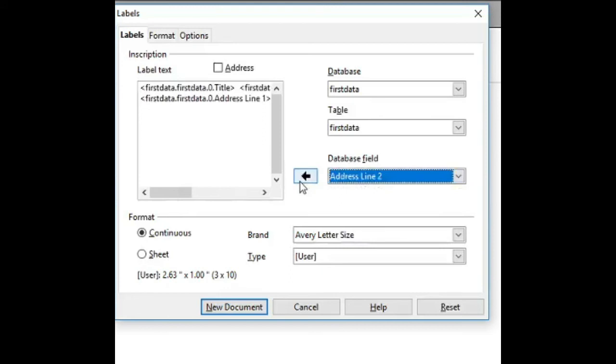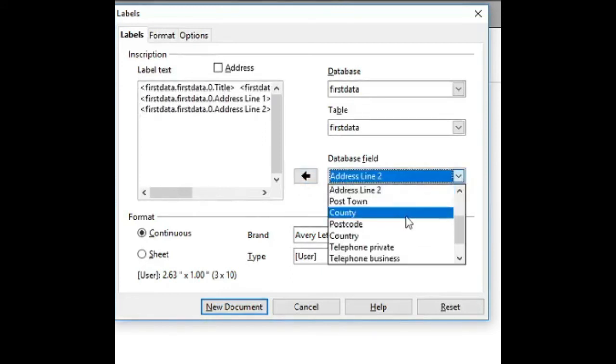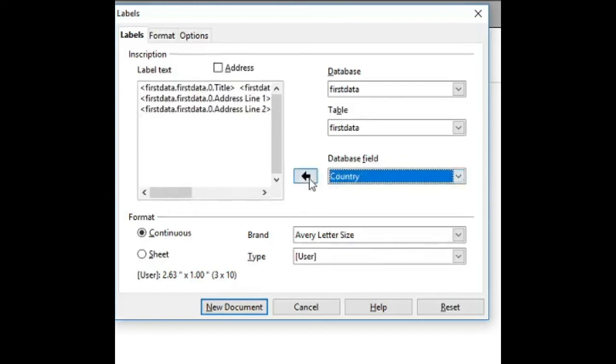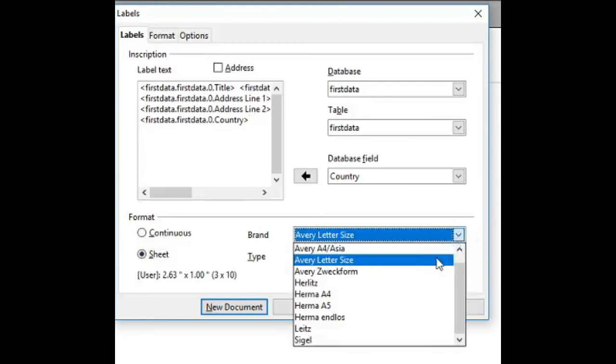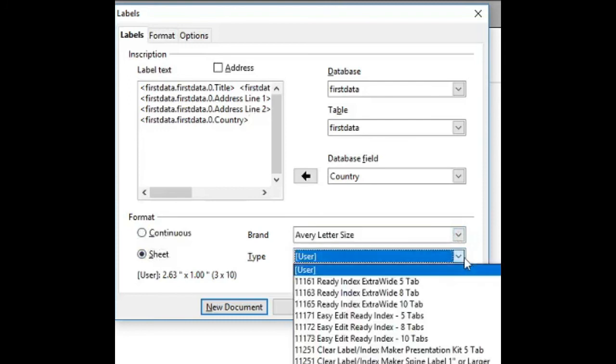Address line 2. Again enter key. Then country. And then shift it. If you want format in the sheet form or in the continuous form, you can just select it. Take the sheet form. You can select any brand, any page size, whatever you want, and whatever type you want.